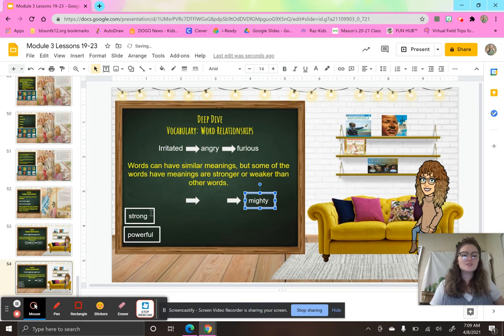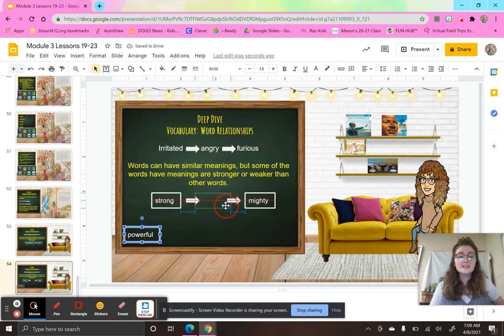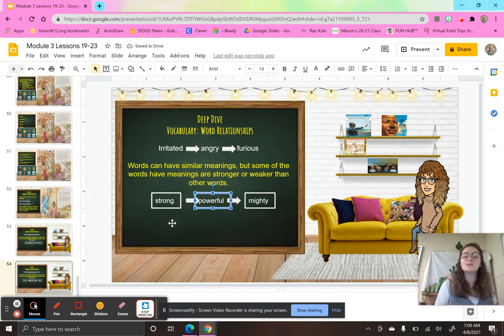In the puzzle, I want you to tell me which one is the weakest meaning of strength, strong or powerful. Which one would have the weakest meaning? Tell me in the puzzle. Strong, right? Strong describes strength, but powerful is a stronger word than strong. So, Smarties, as we are thinking about how we can make our writing more interesting, we can add these words with stronger meanings and words with weaker meanings to let our reader know what is really happening in this text.